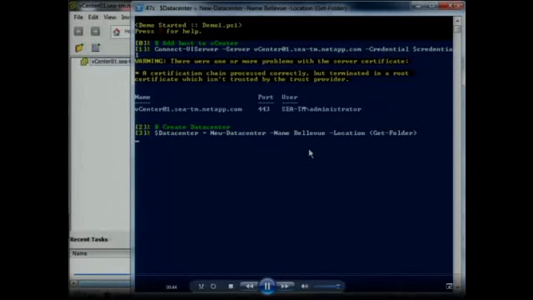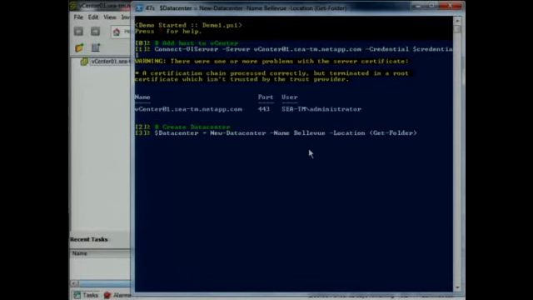So the next thing we're doing is, now that we're connected, we're creating a variable data center, and then we're going to create that data center. Glenn called it Bellevue. You can call it whatever you want, whatever matches your particular preference. And you'll notice the Virtual Center in the background is going to start building out as we go, because these are all basically right-click, new data center, we're just replicating, right? And then we're doing location get folder. So get folder in Virtual Center gets us the root folder of that Virtual Center.